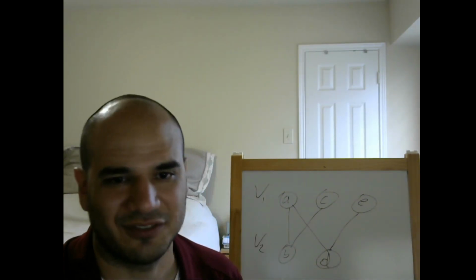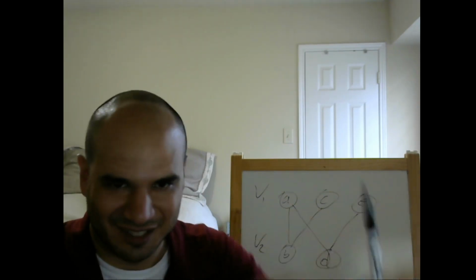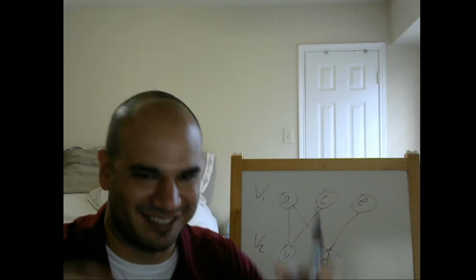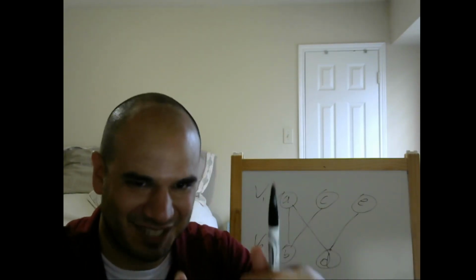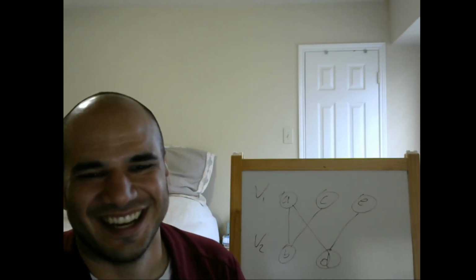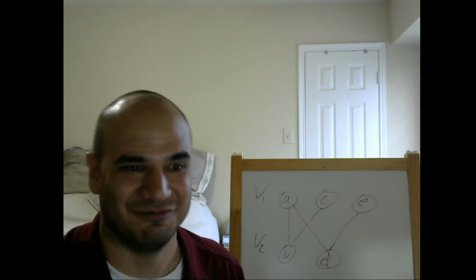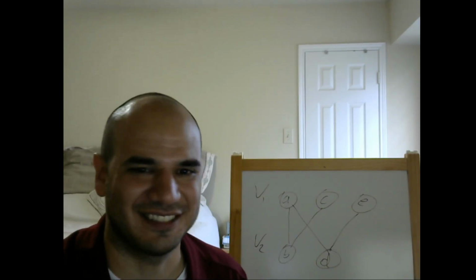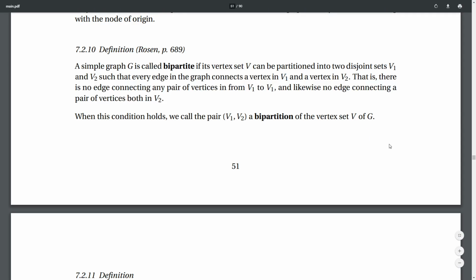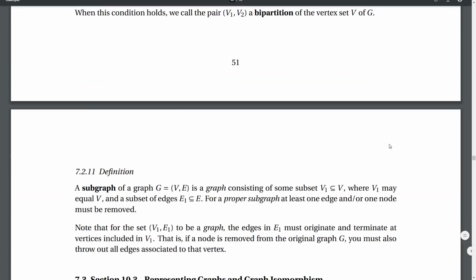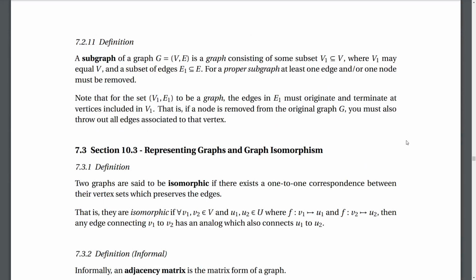So in the example of the dance, you can separate them up into two classes along the walls, and then they can meet in the middle essentially, but no one is allowed to dance with anyone from their own class, and so that's an example of a bipartite graph. Okay. Subgraph. Okay, so